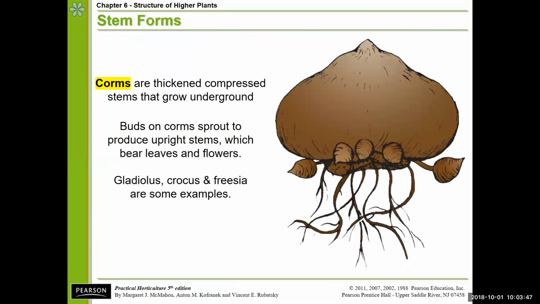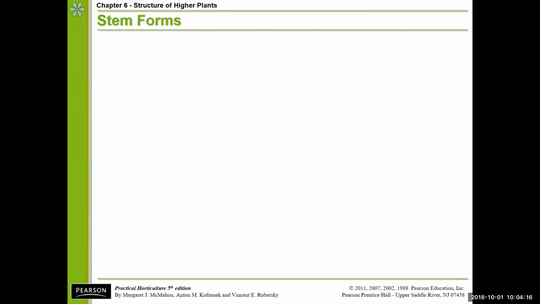Corms, another type of stem, and really I think of corms and bulbs as kind of the same deal pretty much. These are specialized stems that are underground, but you can actually see them sometimes growing above ground too, but they're like storage organs. And stems often grow specialized storage organs,